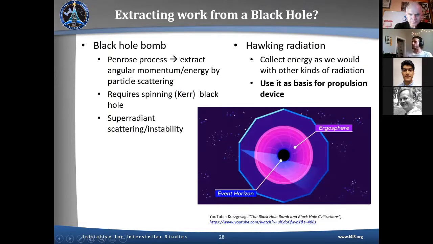Another way of extracting work from a black hole would be to try and capture Hawking radiation. In that case, we would basically try to capture the energy in the same way we capture other types of radiation, through antennas, resonators, converter cells, as in the case of solar radiation. And you could use that as a basis for propulsion devices. Actually, a couple of years ago,